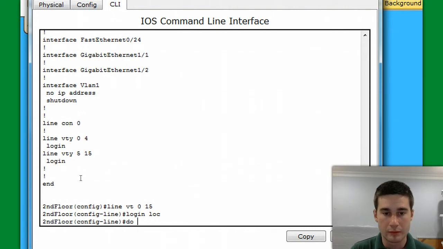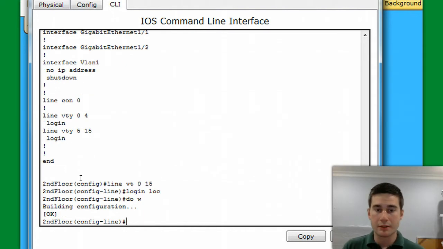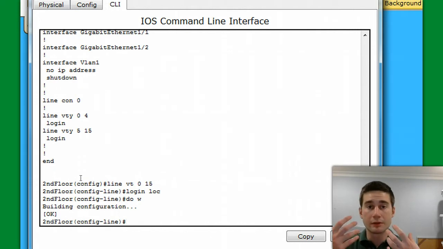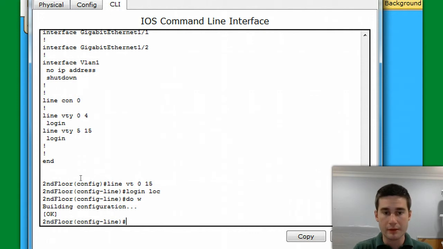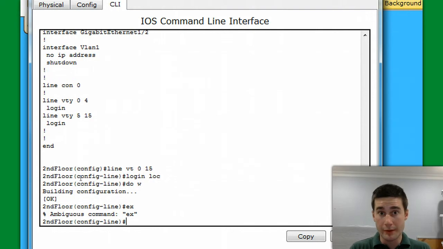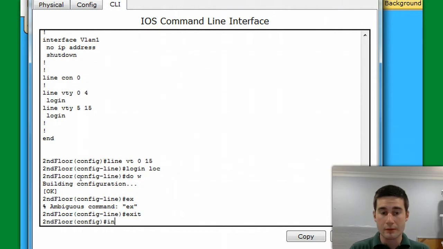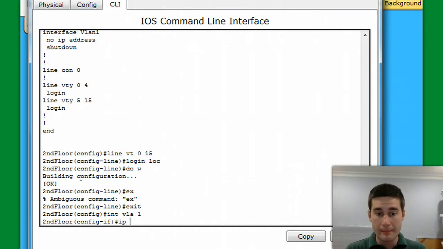So do right, and as you would imagine, a switch or a router, just like any PC, it's safe to say they could also be servers, right? So in this case, the switch is an authentication server for the secure shell, and also generates the encryption key and all the other good stuff with that. So we're going to give it an interface for VLAN 1. We're going to go to interface VLAN 1, IP address